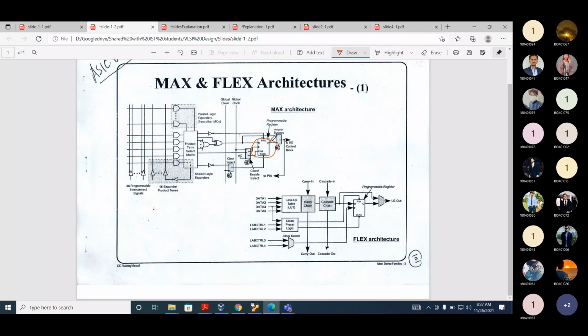From this flip flop, we have the D input. Which type of flip flop is it? It's a D type flip flop, and we studied this flip flop in detail in our Verilog logic. Now this flip flop has PRN. What is PRN? Preset. PRN is actually preset. Is it active low or active high? Because it is bar, N means negative. It is active low. Now if you look at clear N, what does clear N stand for? Clear.